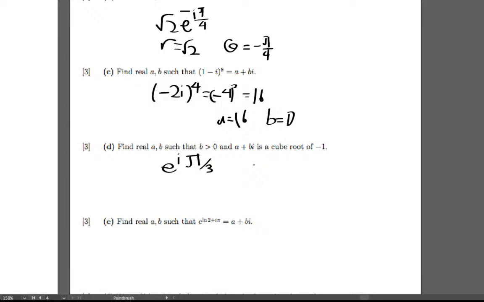So when you take the cube root of this here, it's e to the i pi over 3. And what's that? Pi over 3, that means the cosine would be, what's the cosine of pi over 3? Half. So it's half plus square root 3 over 2 i. This would be a, this would be b. Just to check, you can just do the calculation, which means that the answer would be